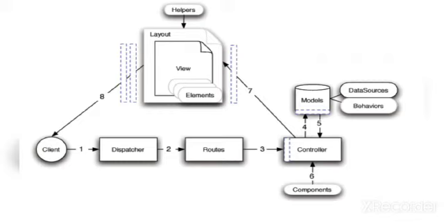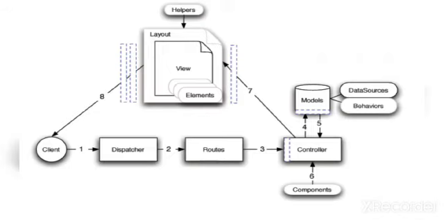First the client makes a request, and the request goes to the dispatcher. Next the dispatcher sends it to the route, and the route sends the request to the controller. From the controller, it will give the particular output as a response to the client. This is the architecture of